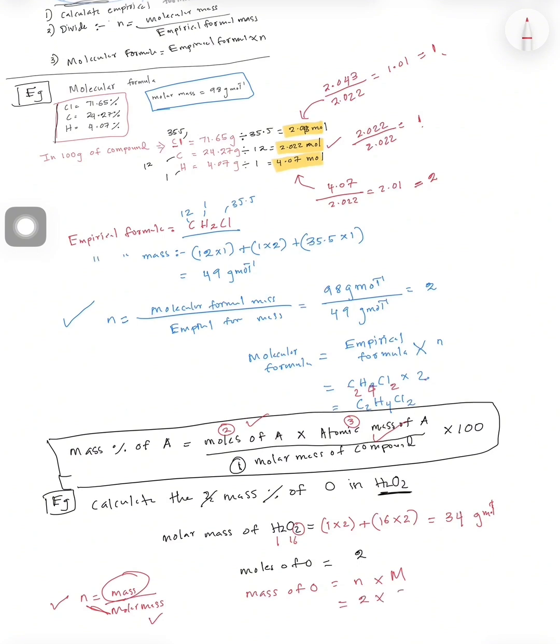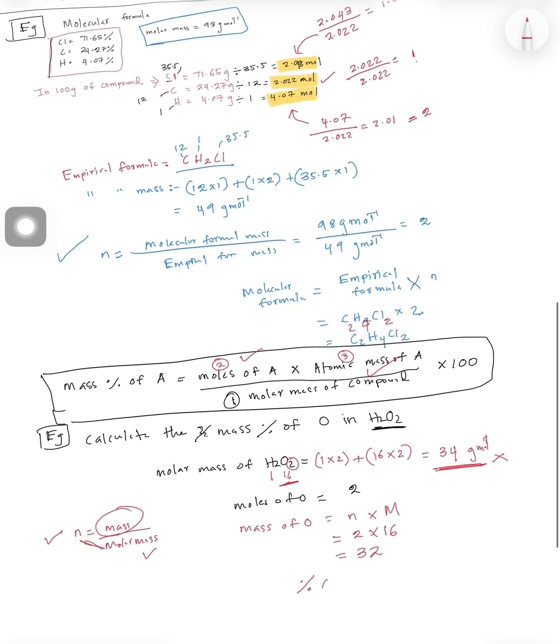n is 2 into the molar mass of oxygen, not the compound. This is the molar mass of the compound. I'm asking the molar mass of oxygen, that is 16. So we get 32. Now the mass percentage of oxygen is 32 divided by 34 into 100, which is equal to 94.1